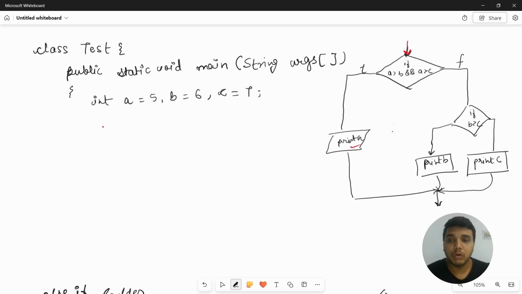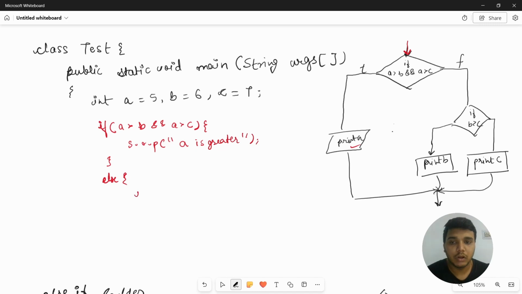So we are going to write if a is greater than b and a is greater than c, then System.out.print, I am writing this in short, a is greater. Else, inside else we are going to write